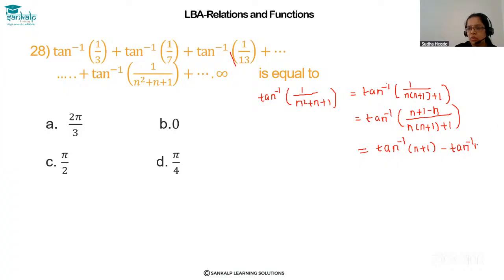How can you write like this? Can you tell me? Because you are using here the tan inverse A minus tan inverse B formula. Okay. So in place of A,